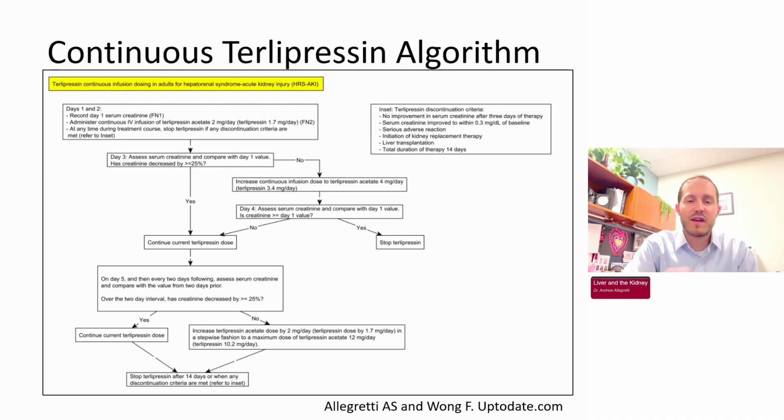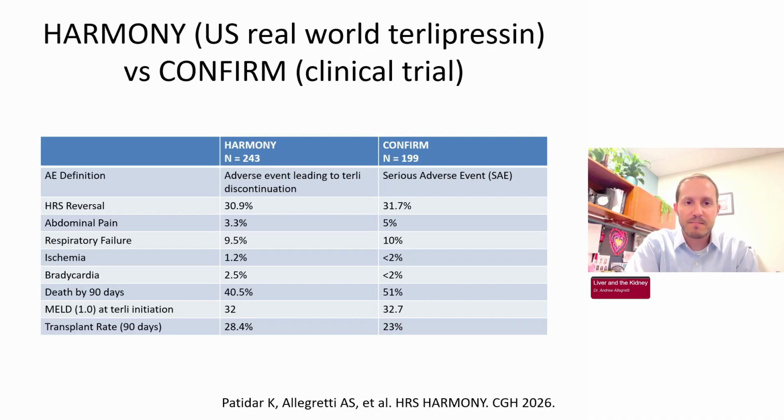More recently, I've been advocating to get more people to use continuous terlipressin because, number one, even though it's off-label, you can use less drug per day, so it's the equivalent of 2 bolus doses spread out over the course of a continuous infusion over 24 hours, and it has a lower side effect profile with similar efficacy. And this is how they use it in Europe. Again, off-label currently, but I think well-studied enough that I feel comfortable using it, and it tends to be better tolerated.